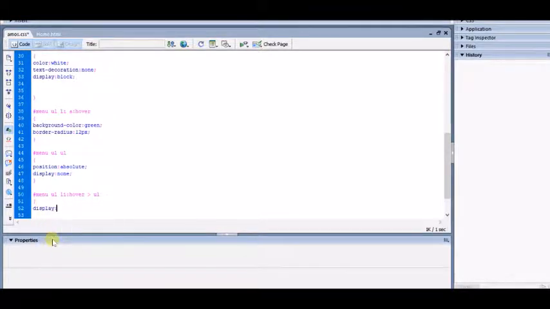Maybe I'm not seeing it clearly. Let me do it again. If I come to this place and I click here and I say display, click display, say block. Let's put my semicolon. The word block here is so that when you move your cursor, the thing will not disappear. If I go to file and I click on save, then I go to my browser,